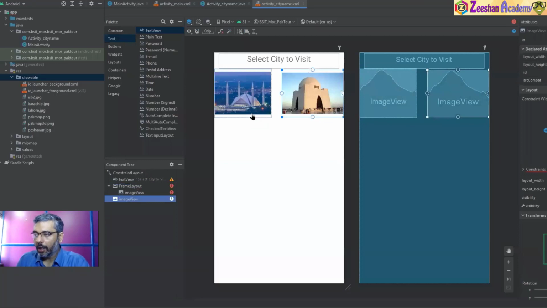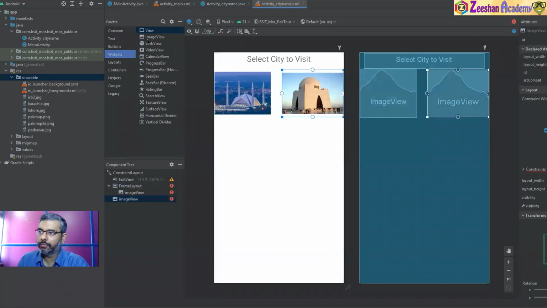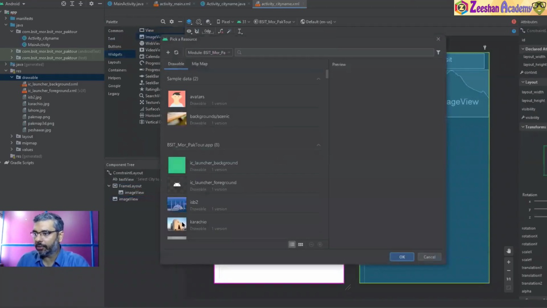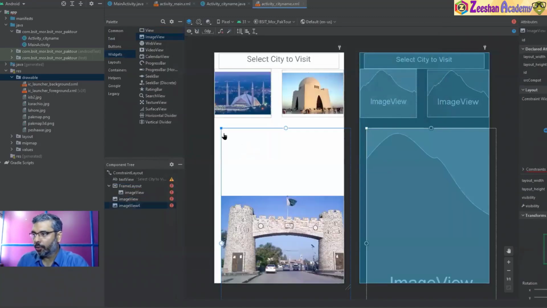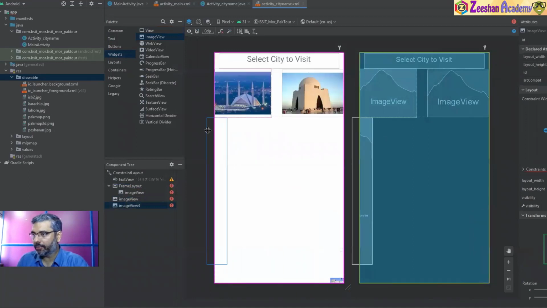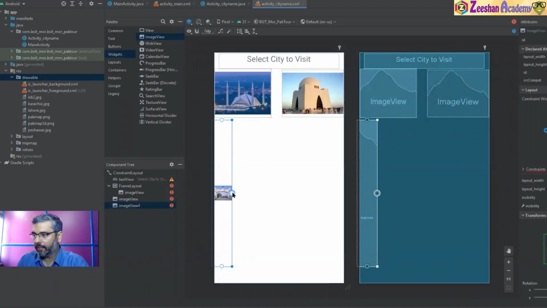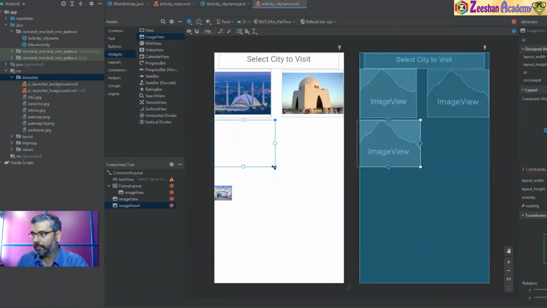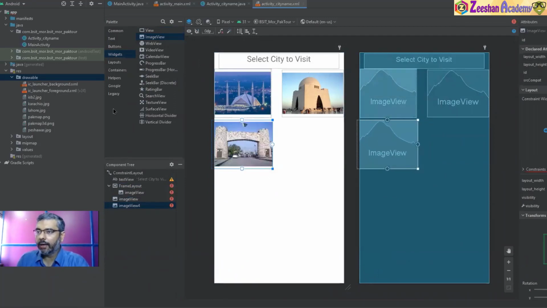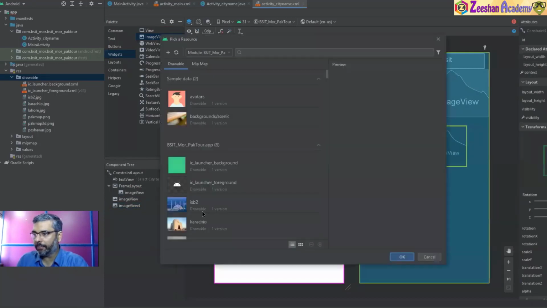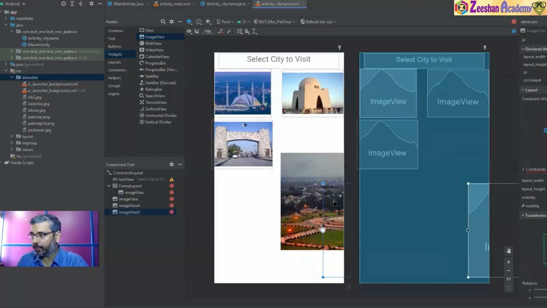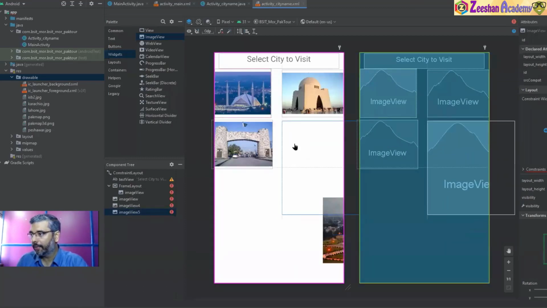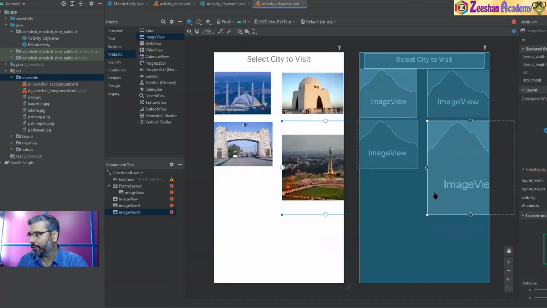ओके, फिर मैंने ये फ्रेम से बाहर आ गया, एक और इमेज यहाँ पे रख दी, इसको उठा के फॉर एग्जांपल हमने पिशावर दे दिया। उप्स, इसीलिए हम उसको फ्रेम्स में रखते हैं। ठीक है, इसी तरह से फिर मैंने एक और इमेज बना दी यहाँ पे। This time I will just give it Lahore। अगेन बहुत बड़ी इमेज, तो इसको छोटा किया, यहाँ पे ले आए। ओके, और इसी तरह से उसको हमने छोटा कर दिया।